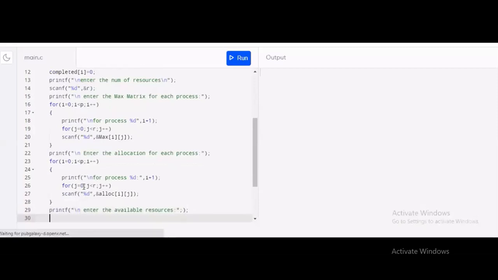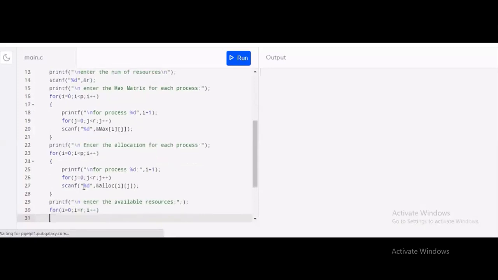I am using a for loop for I is equal to 0, I is less than r, I plus plus, and scanf %d, available array I.